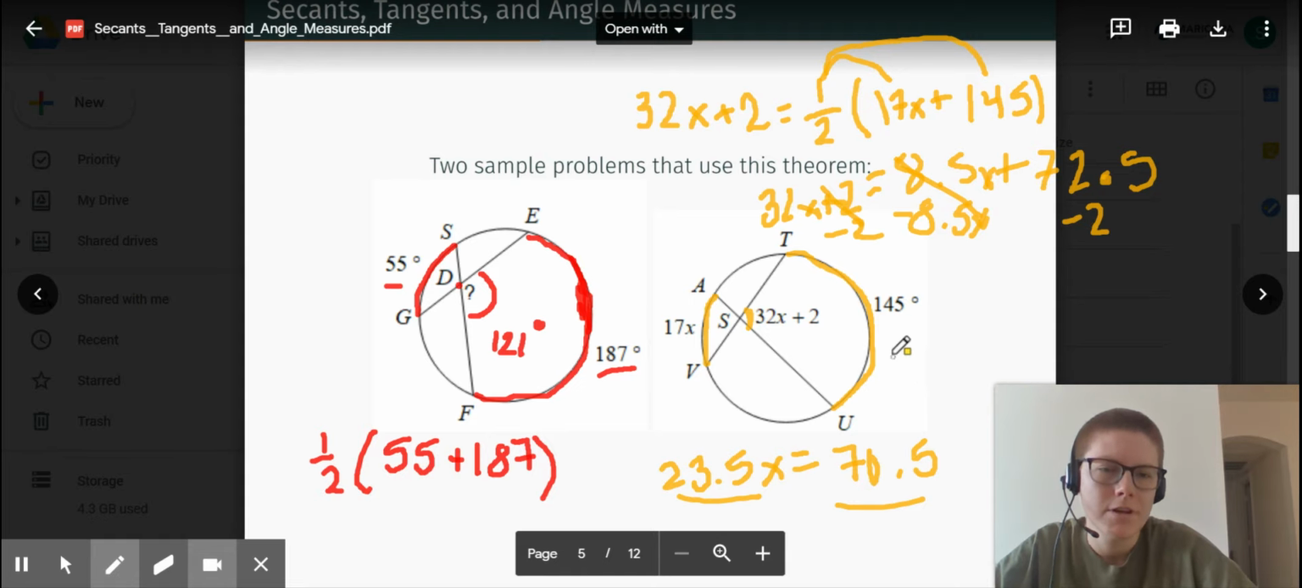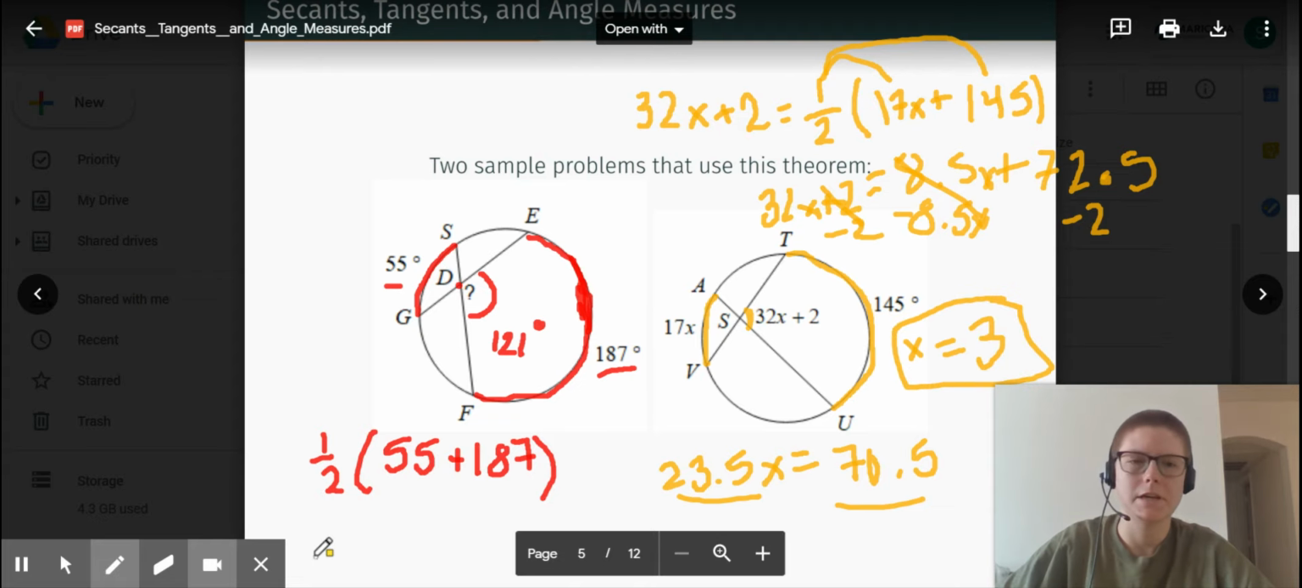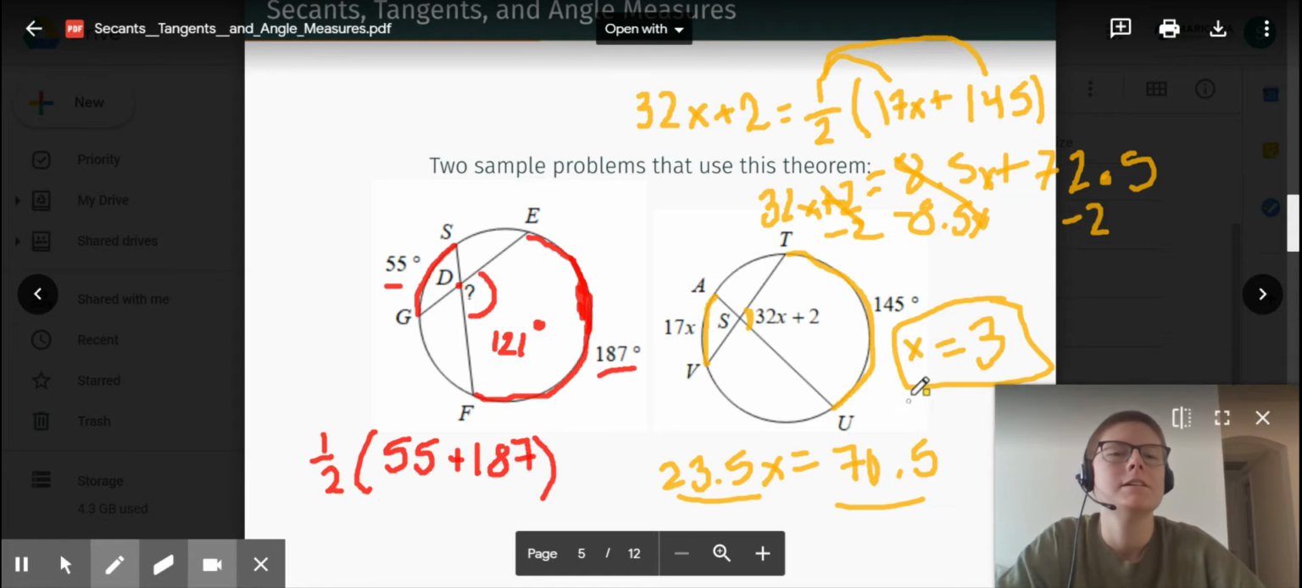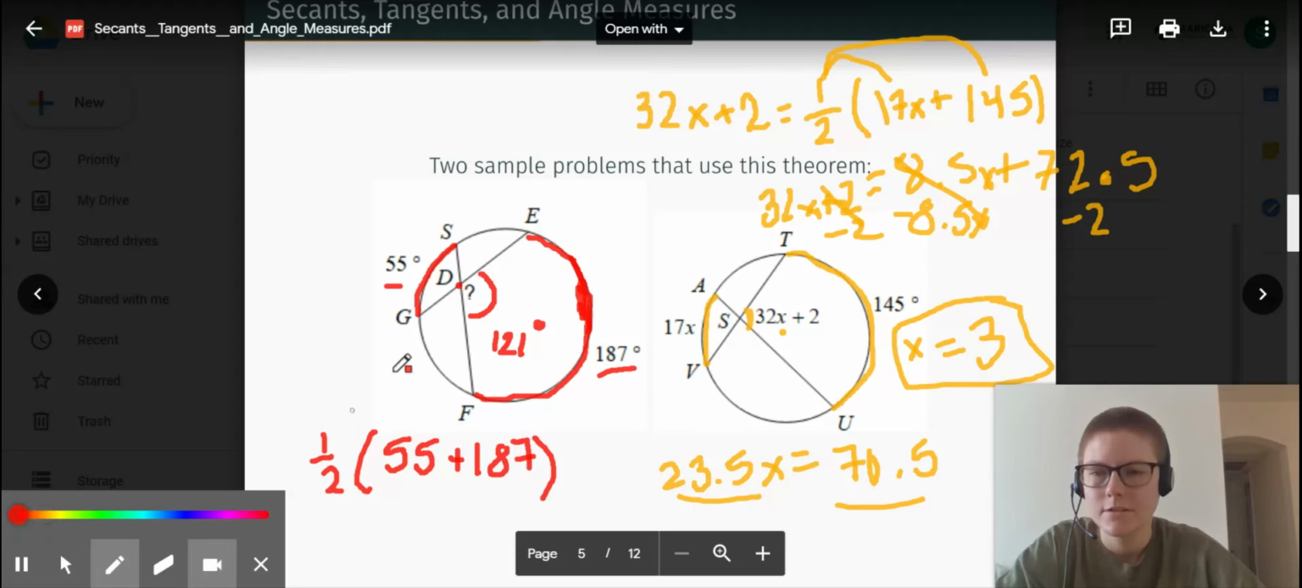All right, so I'm pretty sure that these questions are just asking you for x, because that's what they ask for. It says find the value of x. So x equals 3, and that's it. We're done. Okay, so we solved 2 problems